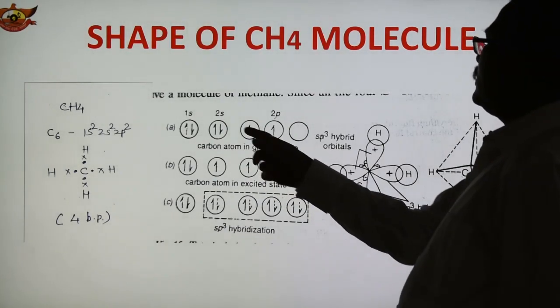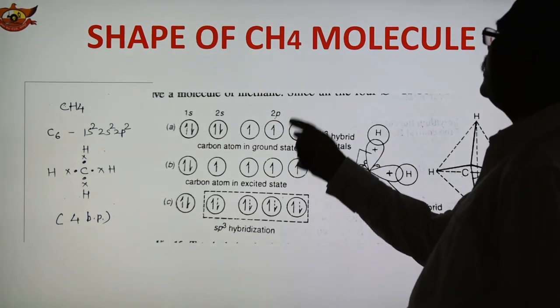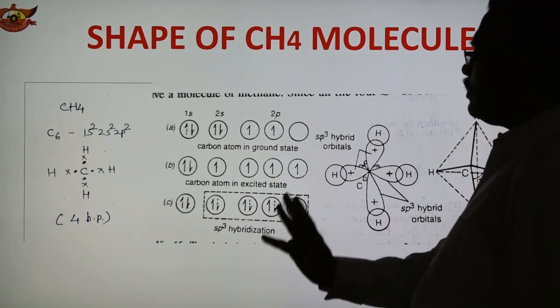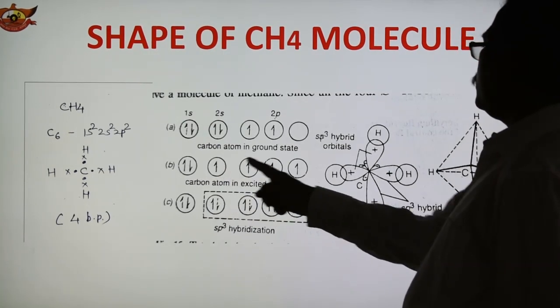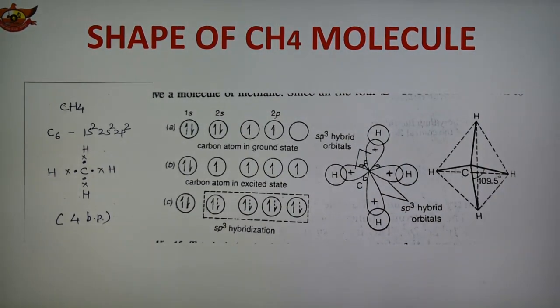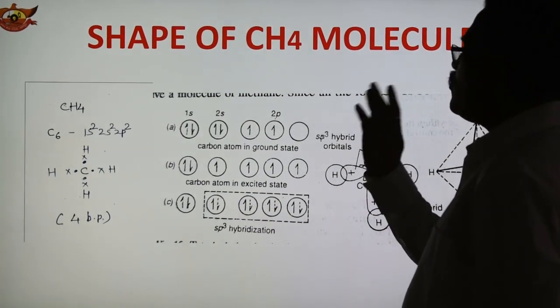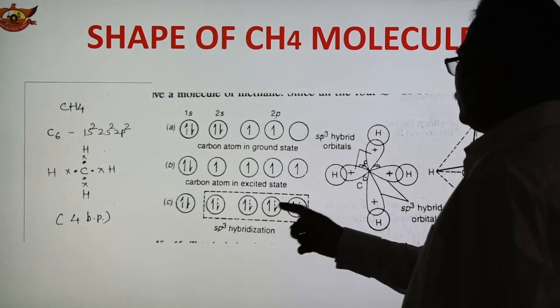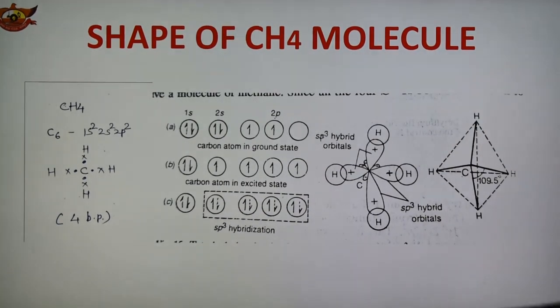In hybridization, it is shown that in the ground state the configuration is 1s2, 2s2, 2p2. In this way, there are 2 unpaired electrons. Actually, in the molecule, we require 4 unpaired electrons. So it is possible by the promotion of 1 electron from 2s to 2p orbital. Now in the excited state, there are 4 unpaired electrons, which indicate the formation of 4 covalent bonds. Now these 4 electrons of carbon overlap with the 4 electrons of the 4 hydrogen atoms, forming 4 bond pairs of electrons, and the 2s and 3 2p orbitals undergo hybridization, forming sp3 hybridization.